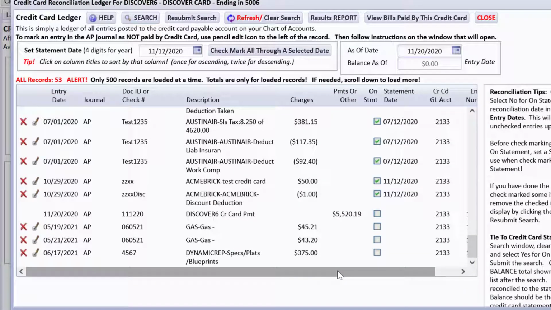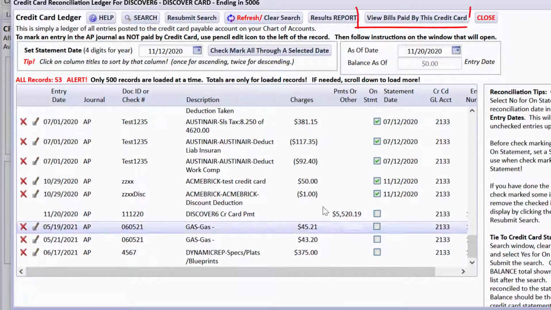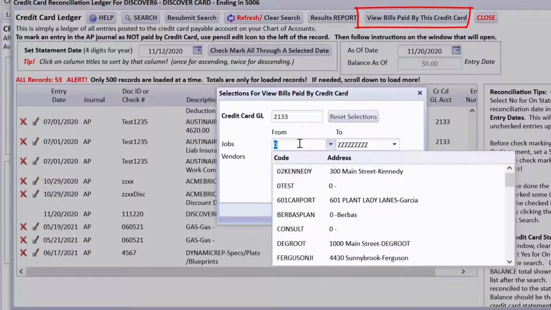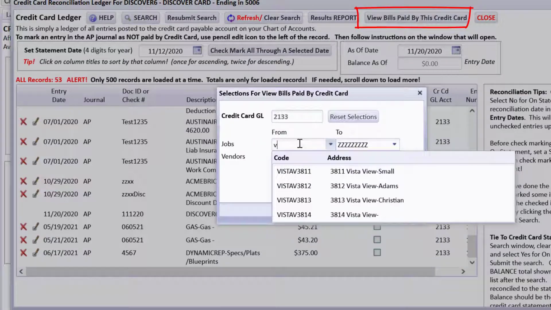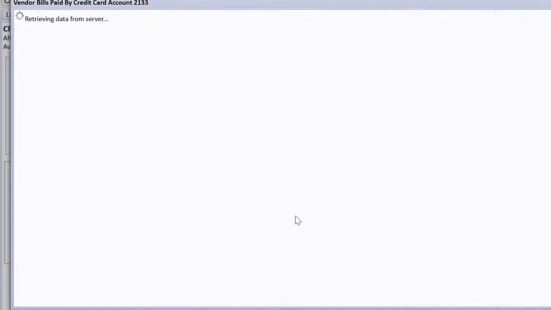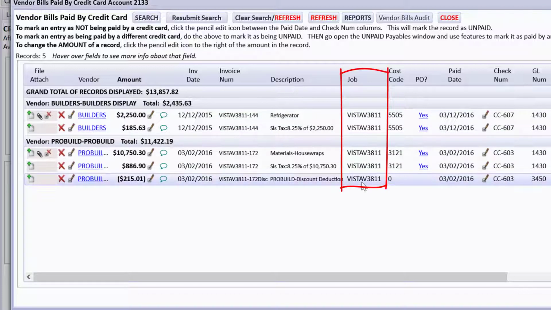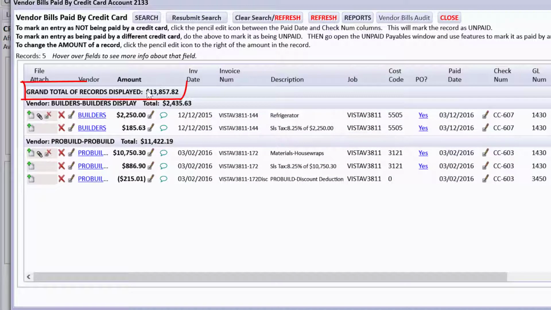Now the other thing I'd like to do is show you that there is also view bills paid by this credit card. And I could ask for bills just for one job, and let's do our Vista View again. Open bills paid by credit card. Rather than just the checks paid for that job, we can look at a list of credit card charges that were for that job. What I'd like you to notice is that all of these are for Vista View V811, and the grand total is